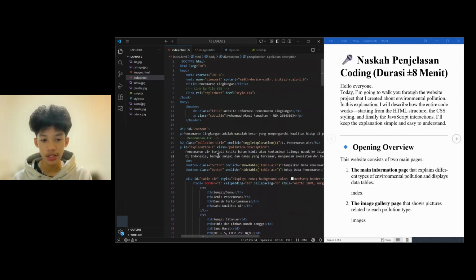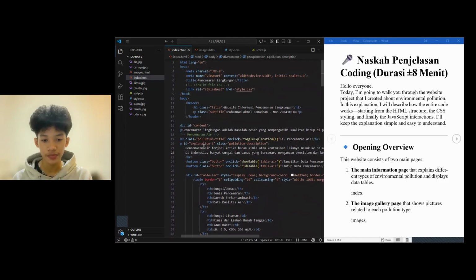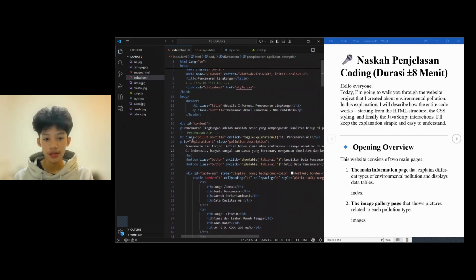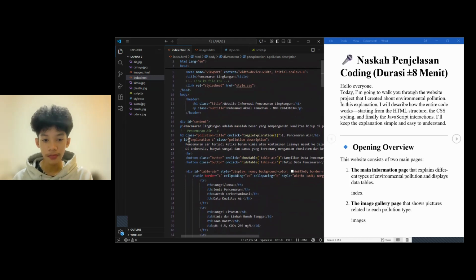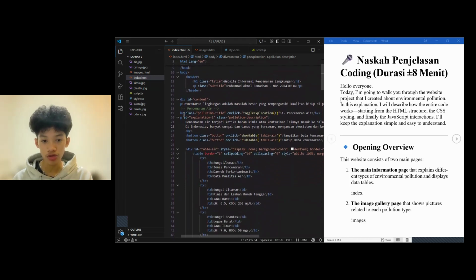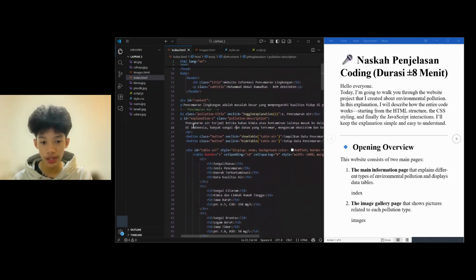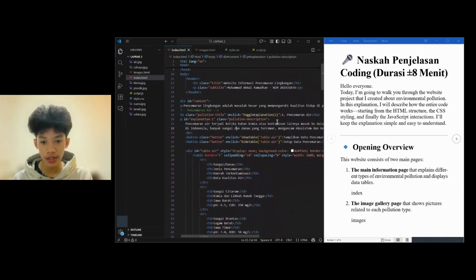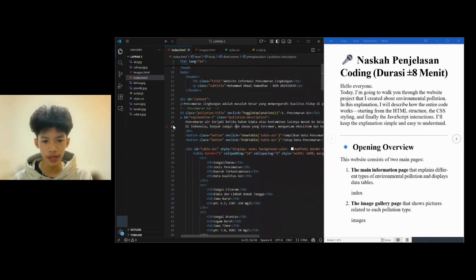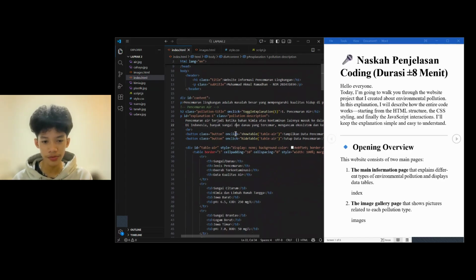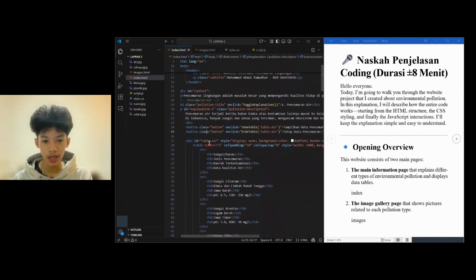Selanjutnya, di sini saya mengkategorikan ada pencemaran air, codingannya khusus, H2 for the title, and P for the explanation, class pollution description, and this description.